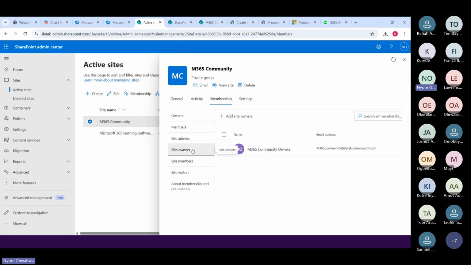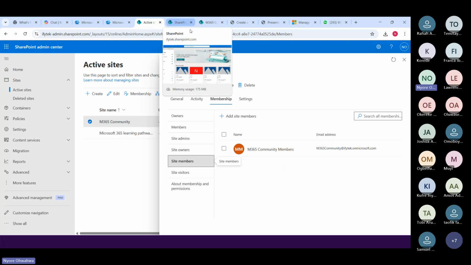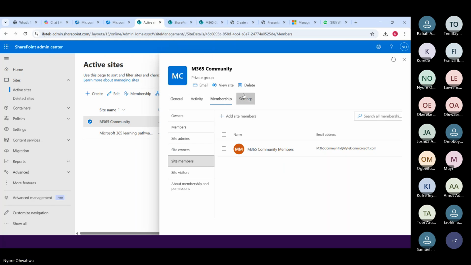An owner of an environment or owner of a property, there's no way you can say, oh, I'm an owner and I cannot enter into a specific room. Because you have granted me access as an owner, I have access to everything, right? You cannot prevent me from going into a specific document library or any of that. So owner's permission has a lot of privilege. So you can either use site members and then prevent all of those overall access for that.